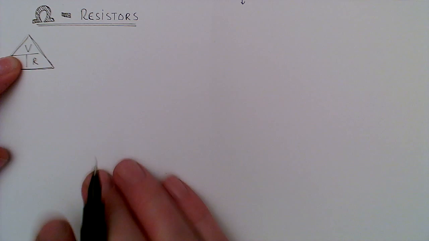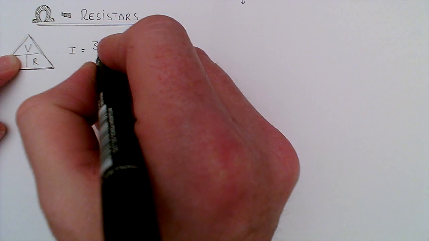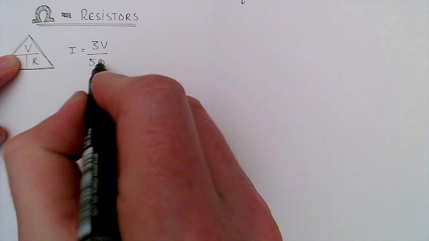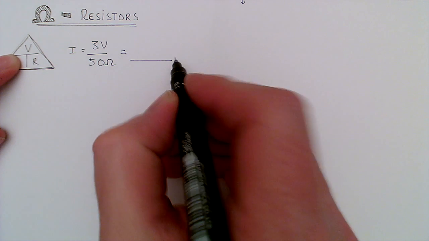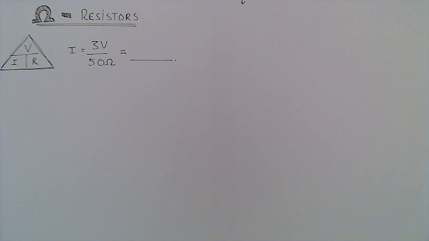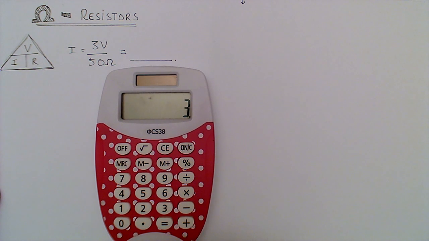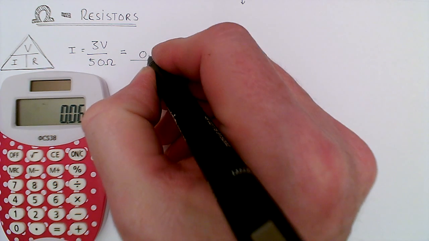So I is equal to V over R: the volts was 3 volts, and we had a resistance of 50 ohms. So 3 volts divided by a resistance of 50 ohms means that the current required, or the current generated, would be 0.06